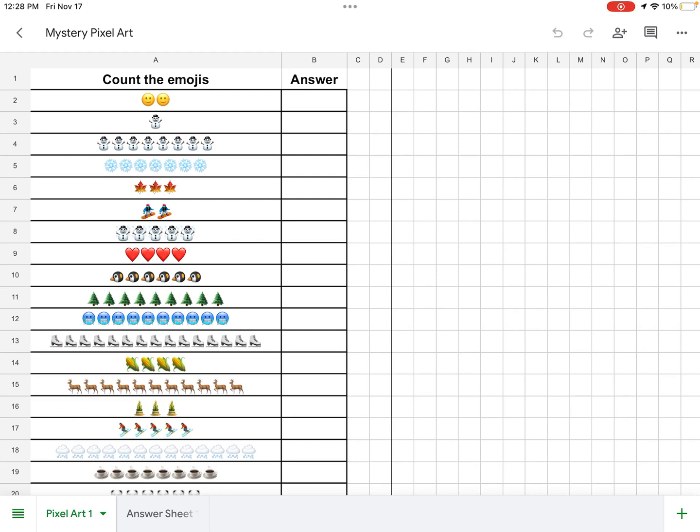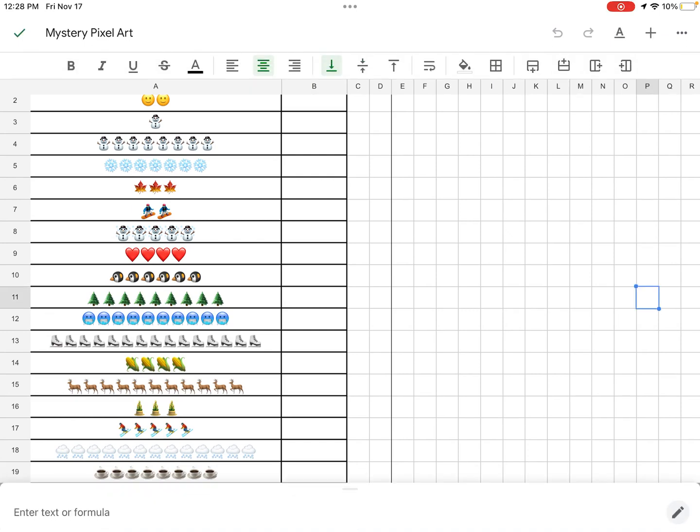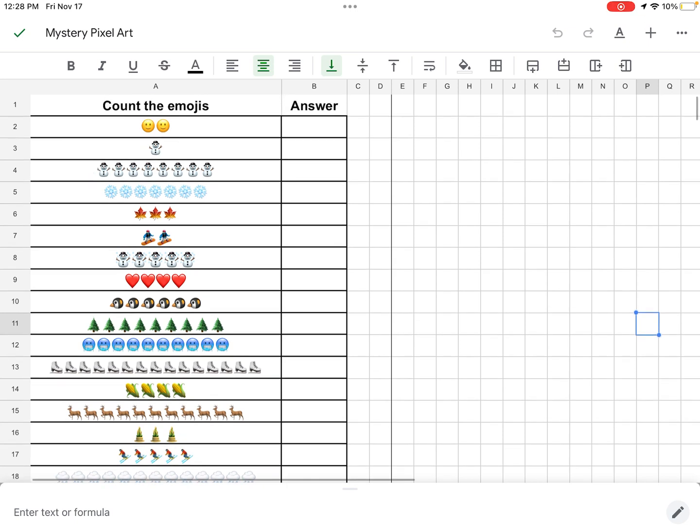In order to edit the Mystery Pixel art, tap on a cell and it will show you the toolbar at the top, and you'll see this Enter Text or Formula tab at the bottom of your screen. The only cells that your students will need to be editing is the answer column. So students should tap on the answer column. Then they tap the pencil in the bottom right corner,